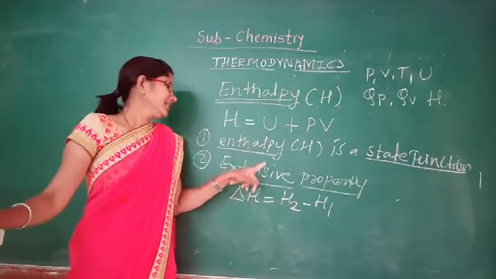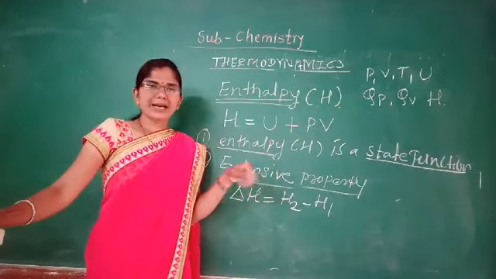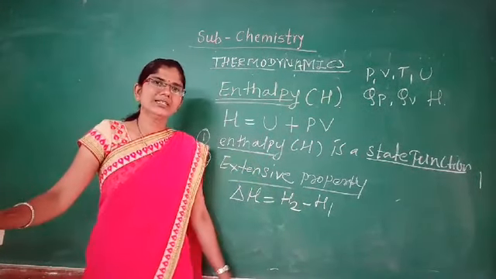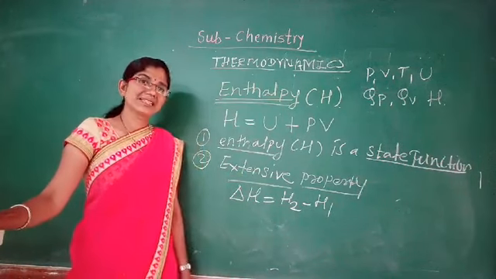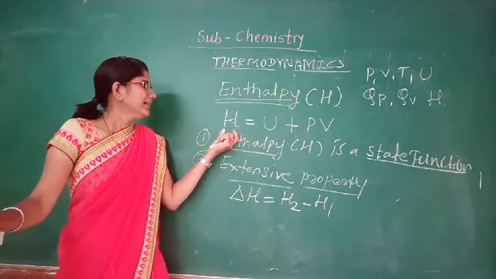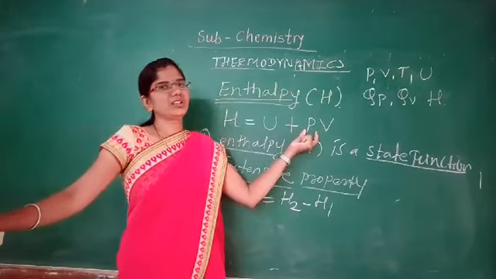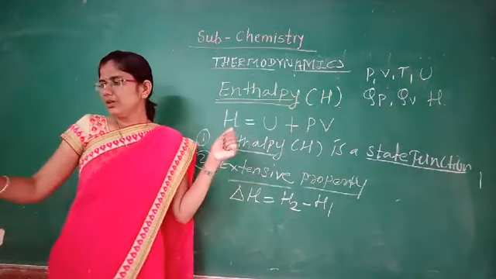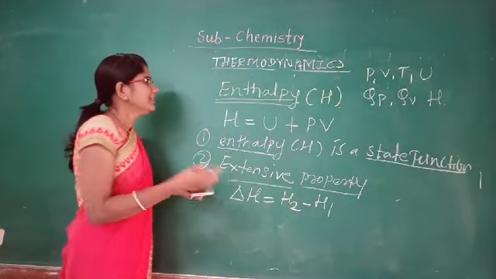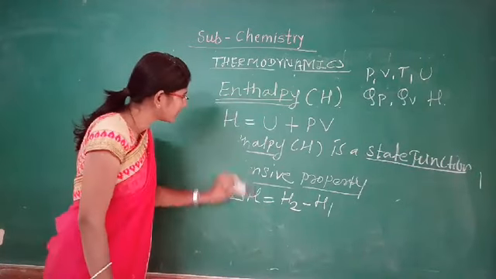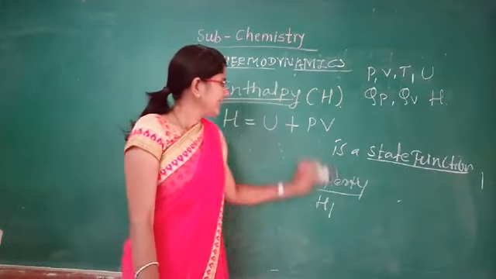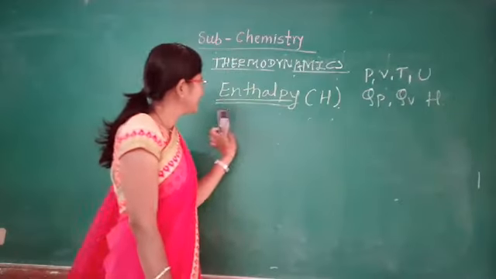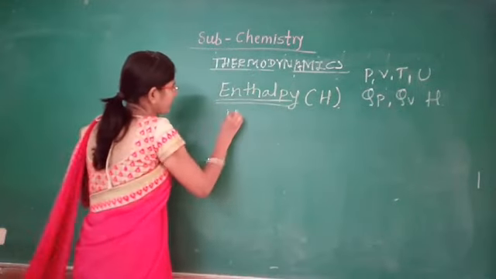The magnitude or the value of enthalpy depends on the amount of matter present in it, meaning enthalpy depends on U and PV. And this is the definition of enthalpy. So up to this we have introduced the new thermodynamic term, that is enthalpy. Enthalpy is the sum of internal energy